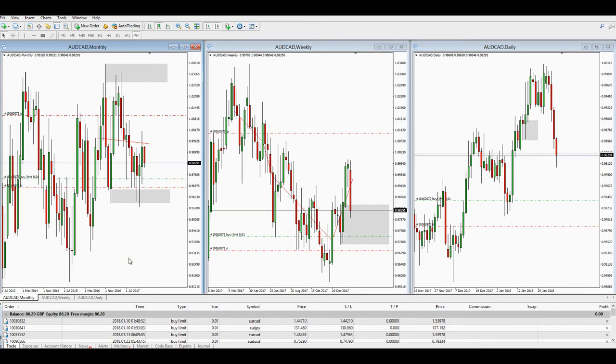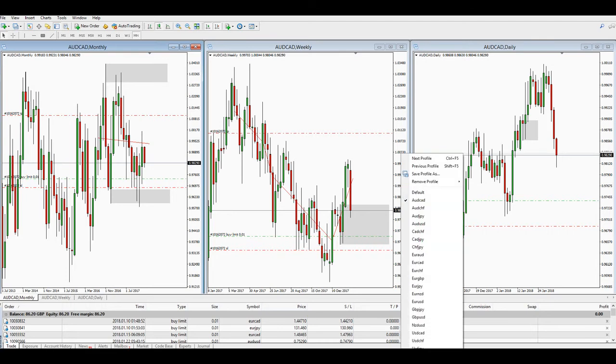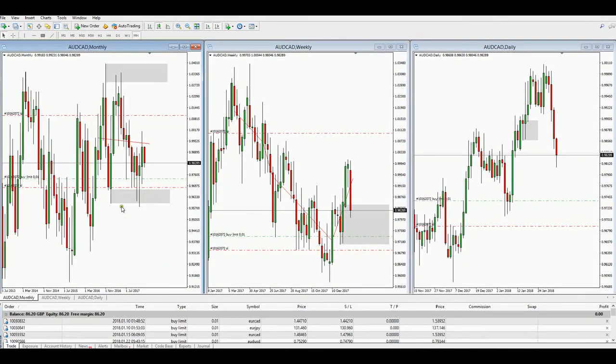So what I've got here, I'm going to start with the Aussie CAD. I've got these pairs that I'm looking at on this particular broker, and the Aussie CAD, initially we're in a range bound market. Why? Again, the same principles. If we look from this high to low, if you look at the 50-50 area, we don't have to put a moving average. Quite clearly, prices may be slightly